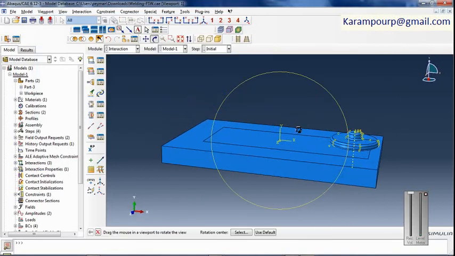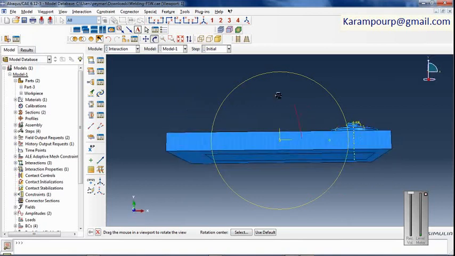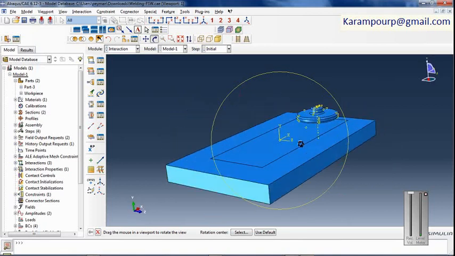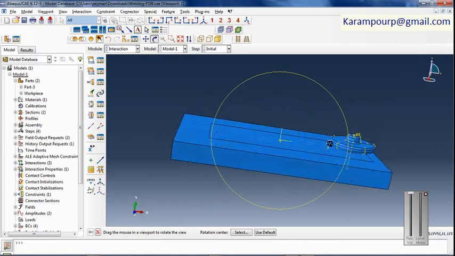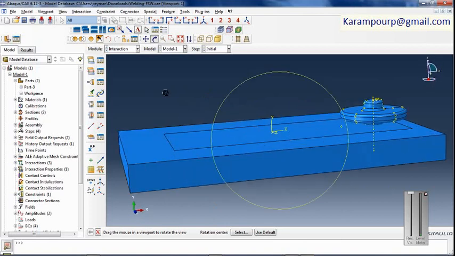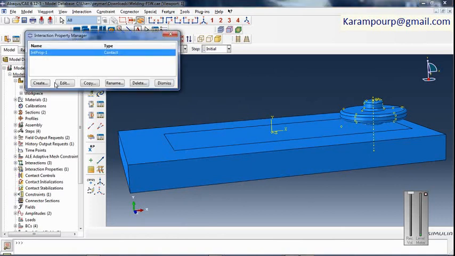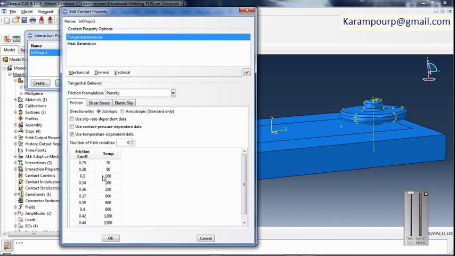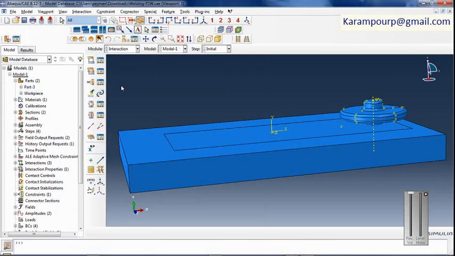In the interaction module, you need to use the contact between tool and workpiece. This contact should be surface to surface for using a friction coefficient dependent on temperature, like this. This is extracted from the journal, and